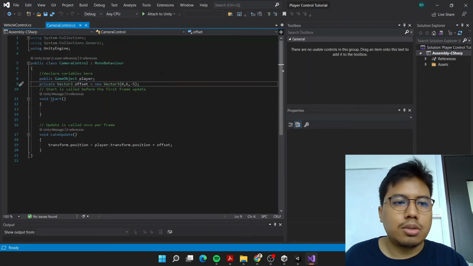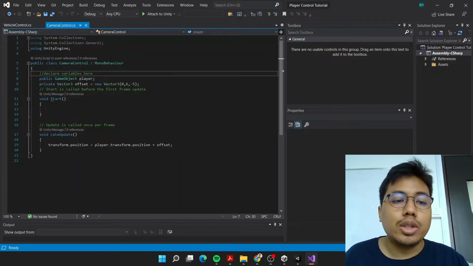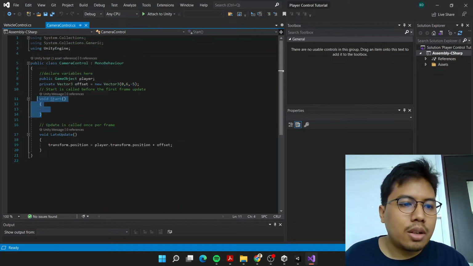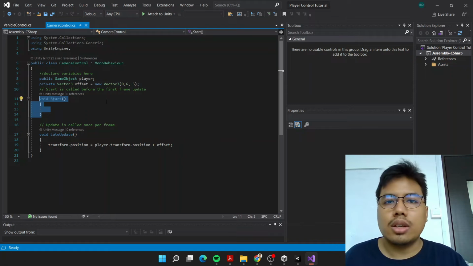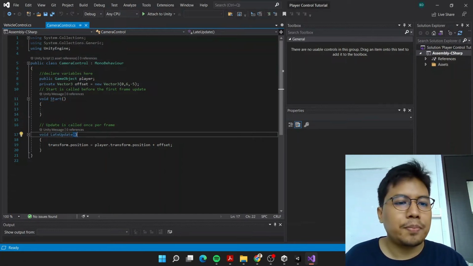Alright, so in this player control here, we will declare a variable which is a player, which is the game object, which is our car. Then we have a new camera offset which we will initialize using a new Vector3 component to specify the location of the camera offset. And then in the void Start, we won't be initializing anything, and we'll be using this function called void LateUpdate instead of void Update, because we want some latency in the